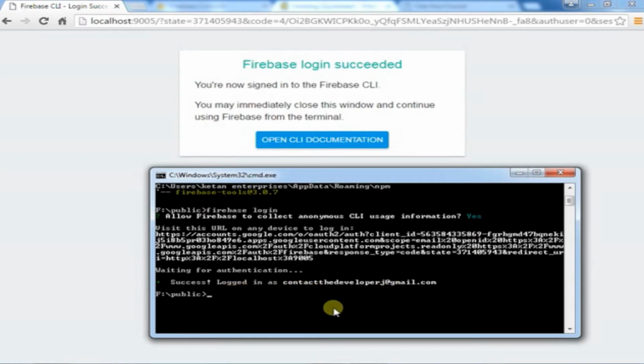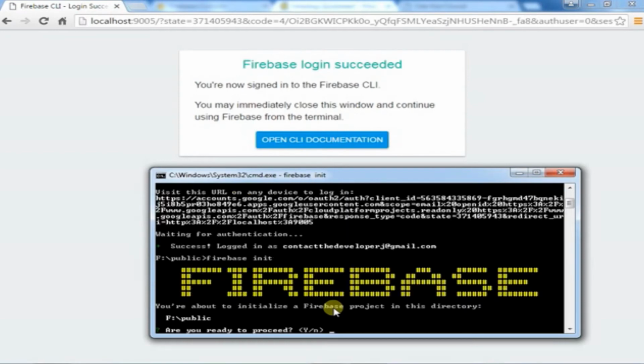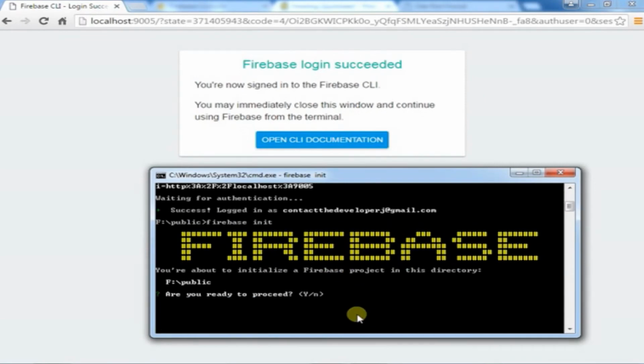Now the main important thing: after logging in, you are going to host your website. So write firebase init, that is Firebase initializing. Okay, so it has been initialized.